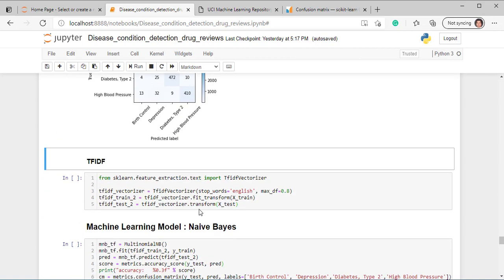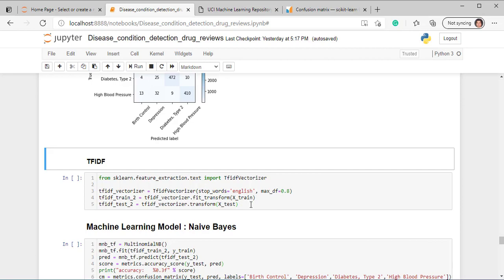Next, we'll do the TF-IDF vectorizer. It is more advanced in comparison to the bag of words model, and I will make a separate video comparing bag of words and TF-IDF vectorizer, and the basic conceptual difference between these two techniques. It is really interesting, and we'll discuss it in detail in that video. So here, let's see how it performs.